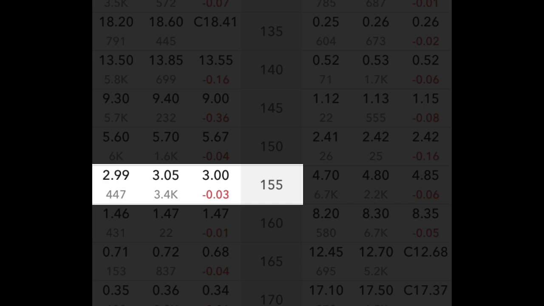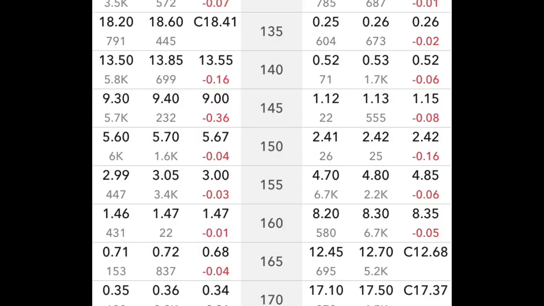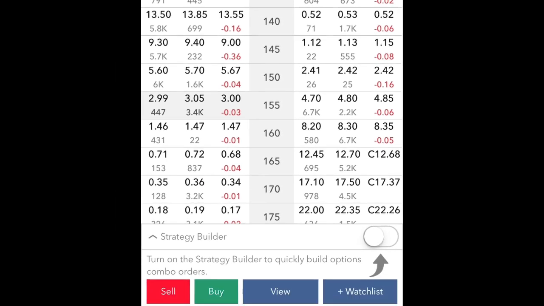You can see that the bid ask is 2.99 stroke 3.05. So what does that mean? It means that we're going to sell this covered call and we're going to take in $2.99 per share for agreeing to sell our shares of Apple at 155. So we just click on the bid price here, which is 2.99,